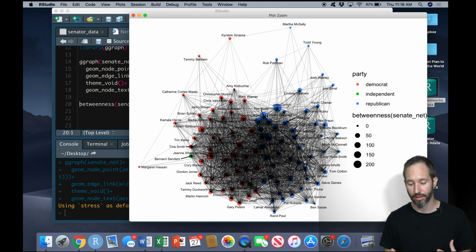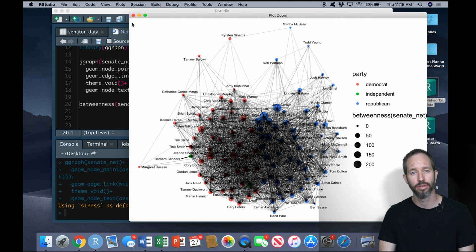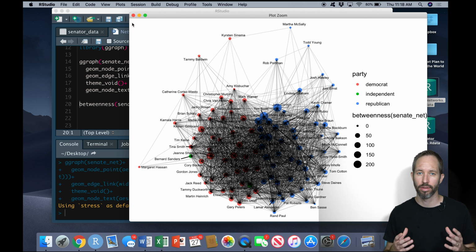But again, this is just an example of how you can begin to incorporate some of the network metrics into data visualization. Okay, now another kind of interesting question that we can look at with network analysis is something called community membership, or community detection. And what this really means is we try to kind of group nodes according to patterns in who they're connected